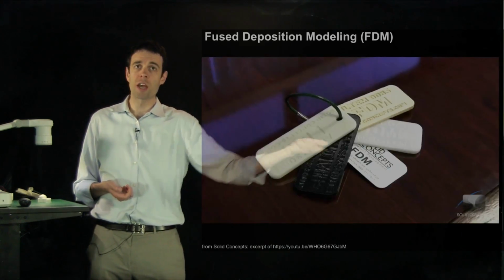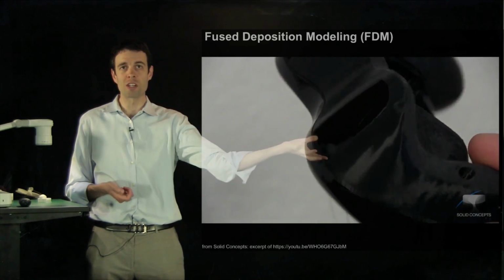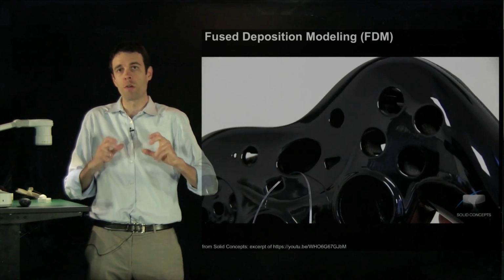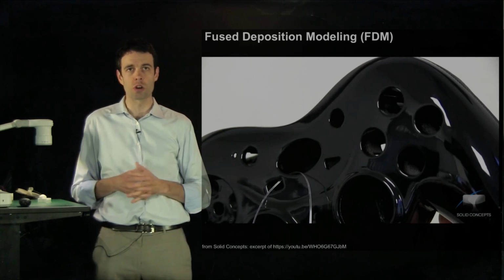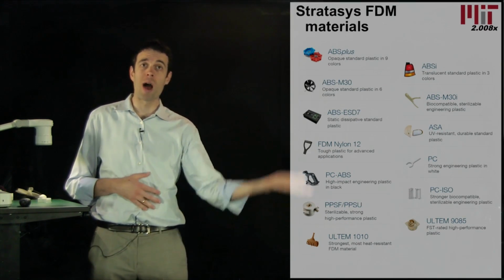Here are some storage containers of build material. Here are some different materials that they process. And then here's an example prototype game controller that has a rough texture on the back and a smooth texture on the surface. So one of the interesting and important attributes of FDM is you can buy a variety of